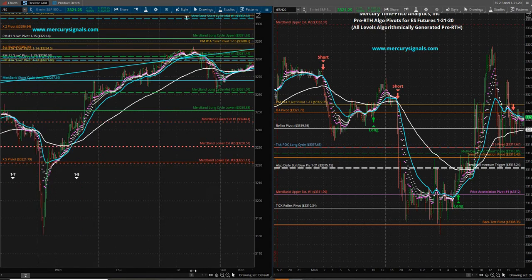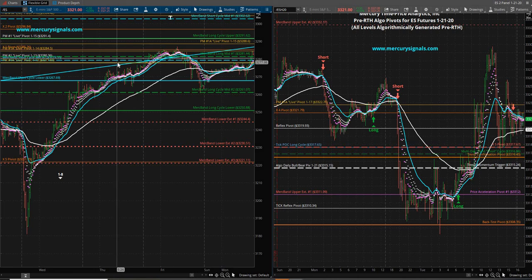So here you have the night that this was first put on here. And you get this up and down, up and down, up and down, up and down. Now, this is a long cycle. This is a swing trading algo. On our day trading algo,